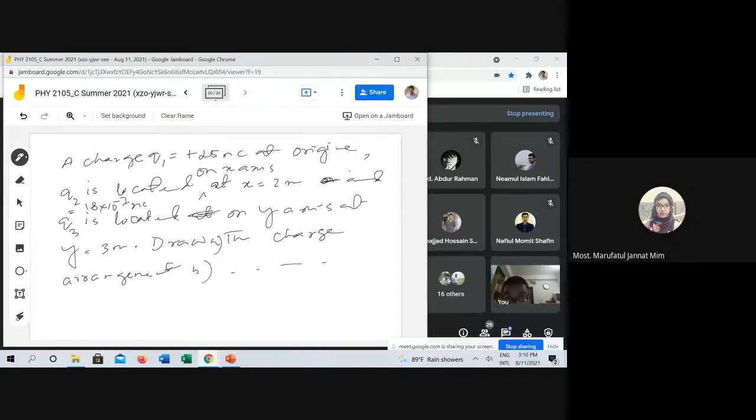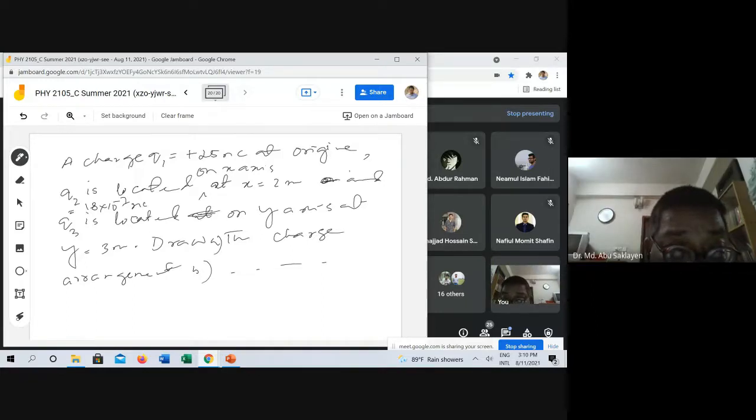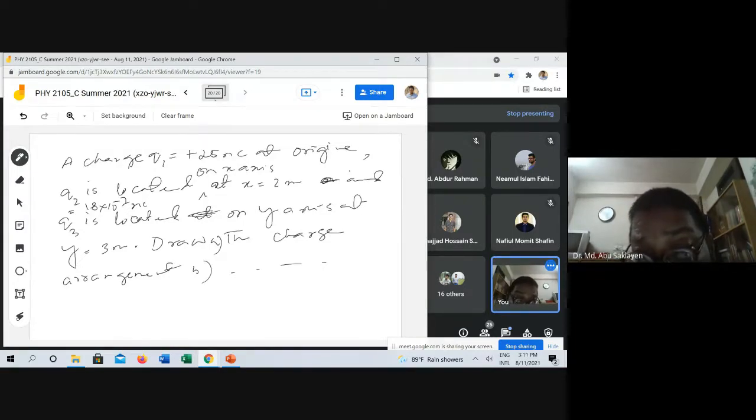স্যার এখানে যে Q3 বলা হয়েছে যে Q1 থেকে 3 মিটার দূরে y অ্যাক্সিসে আছে, কিন্তু এটা দ্বারা তো বোঝা যাচ্ছে না যে কিউটা আপনি যে সারফেসে আঁকাইছিলেন ওখানে আছে। না না না, তুমি read it carefully. A charge Q1 25 nanocoulomb is at origin, right, comma, Q2 is located on x-axis at x equal to 2 centimeter. এটা কিন্তু মাইনাস বলে নাই, তার মানে অরিজিন থেকে 2 সেন্টিমিটার দূরে।